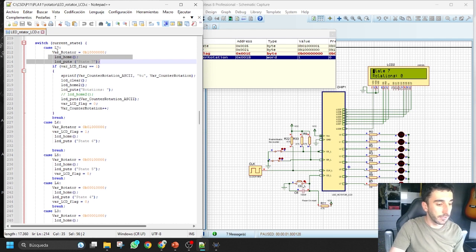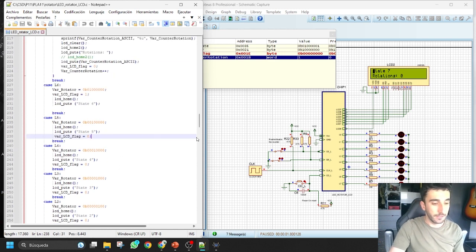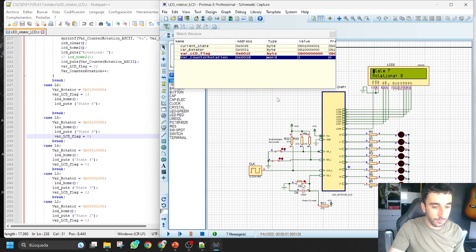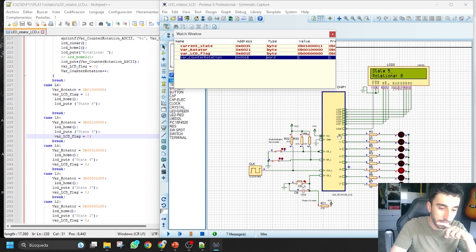Okay, in L7 we are going to put state 7, L6 state 6. Okay, and that's it. So now let's have a look at the simulations. Okay, if we go debugging, this goes changing the state, the rotations is 0, and when it arrives to state 0, as you can see, this is in state 0, the bar LCD flag is 1,